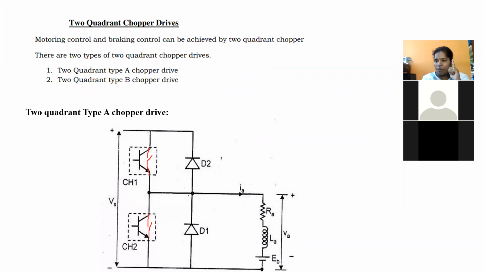What happens when chopper 1 is on? That is, whether output voltage is existing or not, or current is existing or not. What happens when chopper 2 is on, and at which condition diode D1 is going to operate, and at which condition diode D2 is going to operate. First of all, I will explain one path, and then try to explain the second part for you.